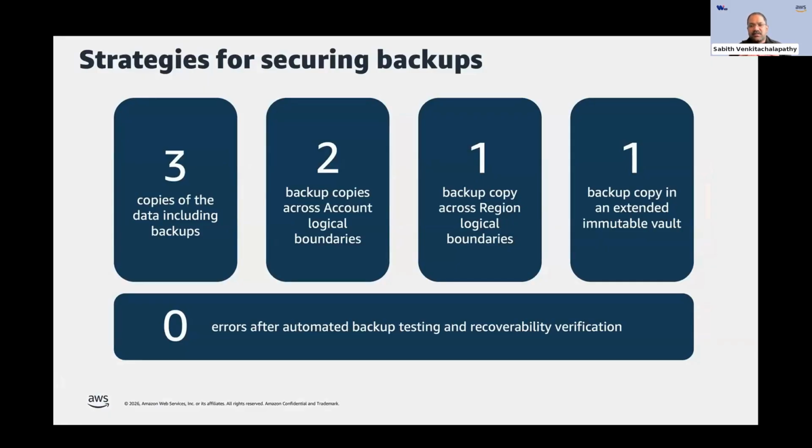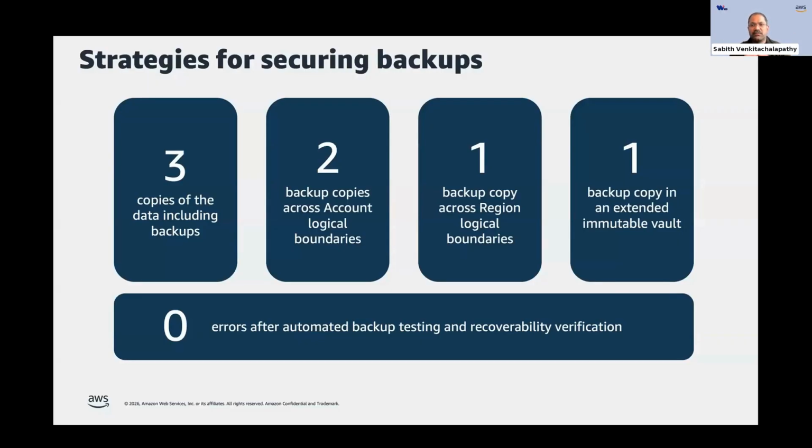Then comes the most general industry standard numbers that we get to talk about when discussing backups, which is the 3-2-1-1-0. The number three would have different meanings depending on how you strategize your backups. But generally, whenever we discuss with our customers, we talk about keeping at least two additional copies of your data in addition to your production workloads. Two of them kept in different logical boundaries, and in the case of AWS, we generally recommend keeping them in two different accounts, which are not bound by the same identity domain.